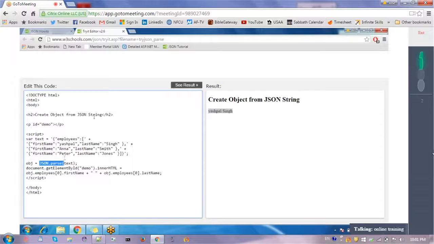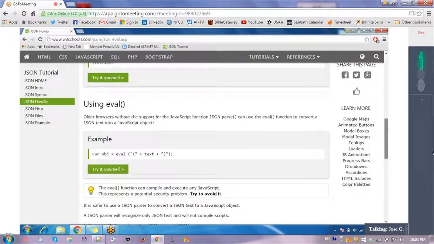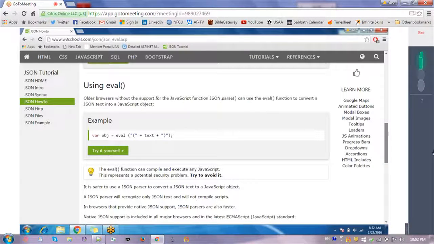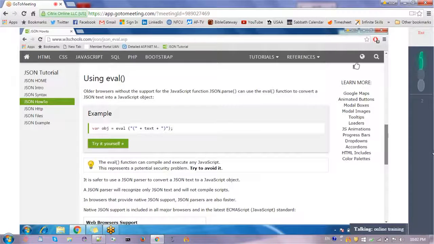This JSON.parse method is available with, I think, jQuery, or I think it is supported by the browser only. Browser supports this JSON.parse and JSON.stringify. It is inbuilt with all the latest browsers. Yeah, it's supported by all the browsers.